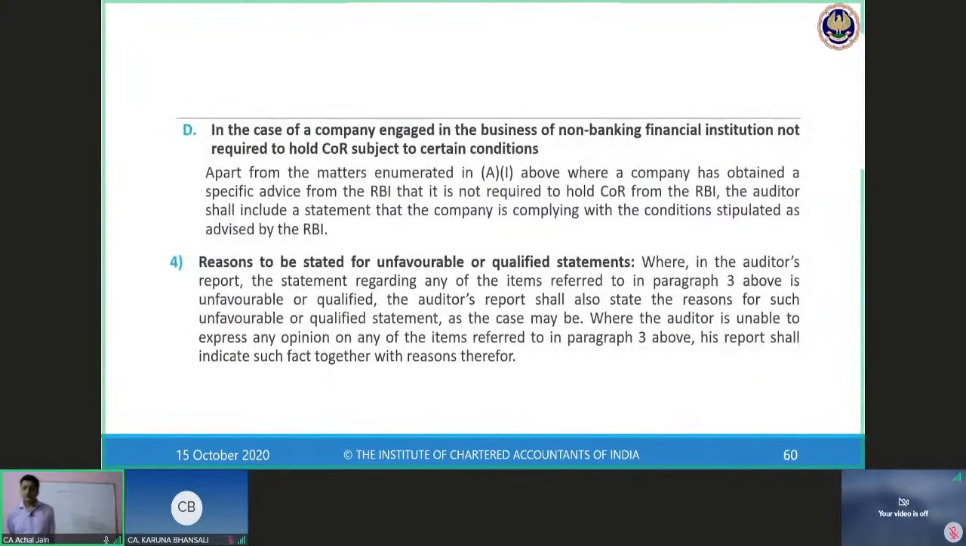D is for the NBFCs wherein the company is engaged in the business of NBFC, or they say non-banking financial institution, which are not required to hold certificate of registration subject to certain conditions. So apart from the matters enumerated in A above, we are saying there is another category